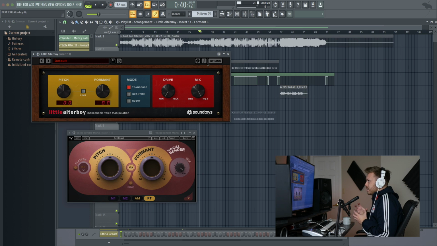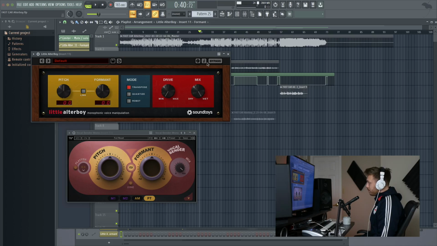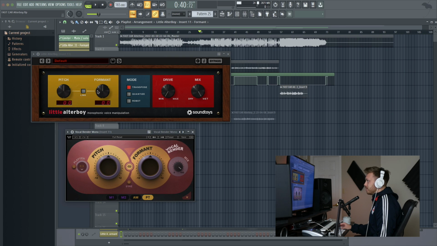So what these plugins are is almost carbon copies of each other. Little AlterBoy is about 6 years old. Waves Vocal Blender is about 2 years old, and you could definitely tell they were biting off of this Little AlterBoy plugin. The one thing about Waves is that they're noticeably cheaper than almost any other plugins out there, especially